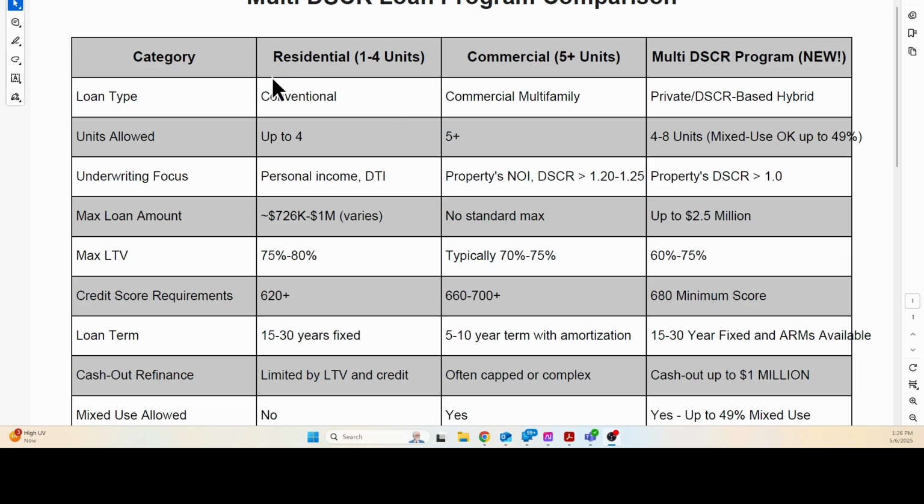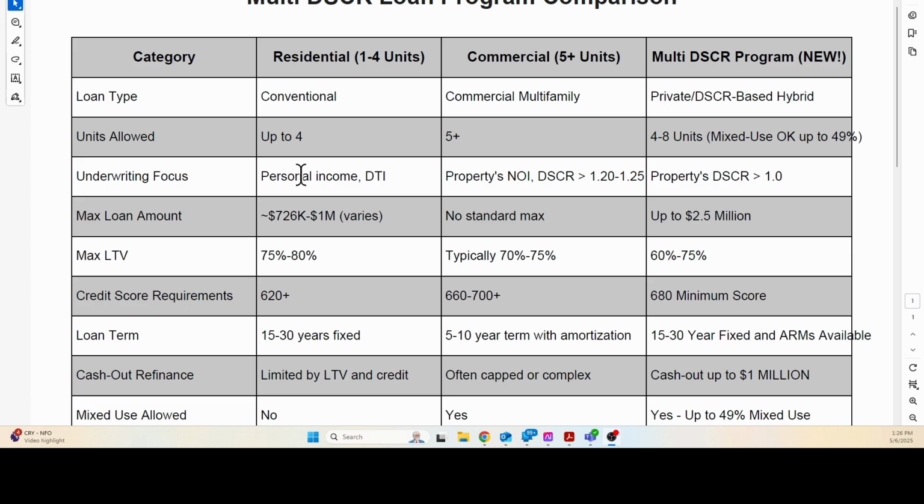So what we're going to explain in this video is the loan types that we have over here and the terms on residential, commercial, and multi-unit properties. Because again, the question now is, how do you finance a 4 through 8 unit building? Well, let's go down through it. With conventional financing, you can finance up to a 4-unit building, and that's okay. But you have to provide tax returns. You cannot close in an LLC, and there's a lot of restrictions when it comes to it, such as